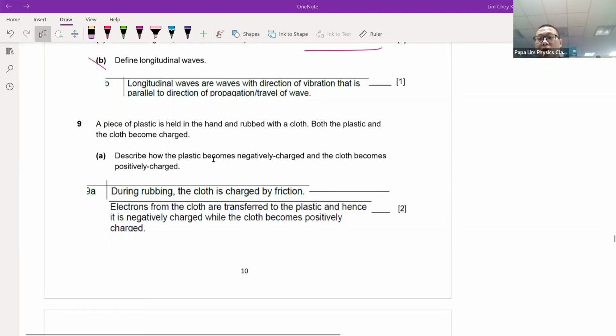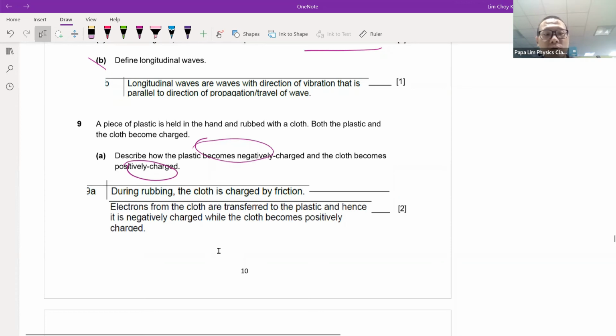So you're looking at like charges repel and unlike charges attract. The basic question is how the plastic becomes negatively charged, and how the cloth becomes positively charged. Same thing as I mentioned to my students: when we talk about charge movement, it's always the electrons that move, because electrons on the outer shell, being smaller in size, are the most easily knocked out of their molecular structure, and from there you start a series of losing